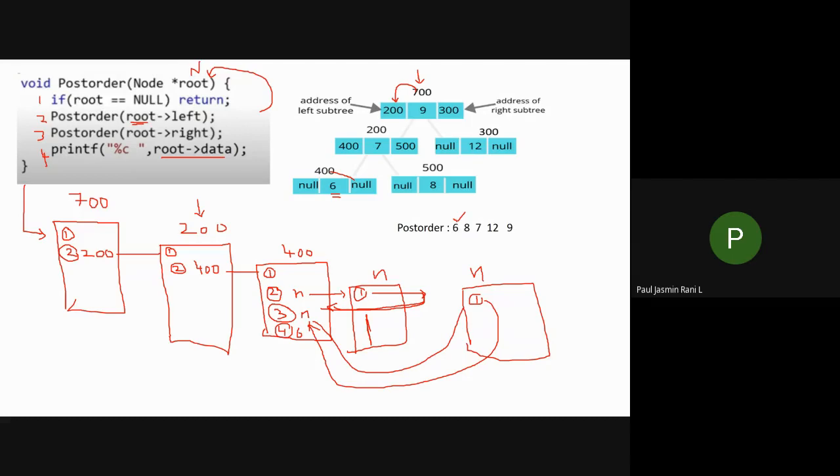Can you follow this one? So now the leaf node gets printed, and the left child prints first. After this, what do I have to do? Actually, I have to print the right child, isn't it? In the case of a post order traversal, after printing the 6, I have to print this 8. This is the procedure, am I right? That is left, right, and only then do I print the root node. I print the 6, next this 8, and after this only this 7. Let's see how it works.